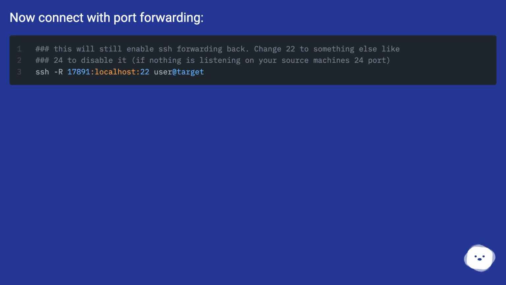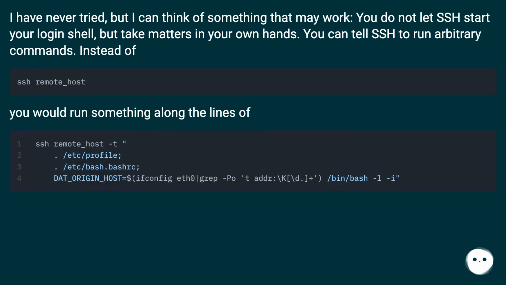Now connect with port forwarding. I have never tried, but I can think of something that may work. You do not let SSH start your login shell, but take matters in your own hands. You can tell SSH to run arbitrary commands. Instead of that, you would run something along the lines of,